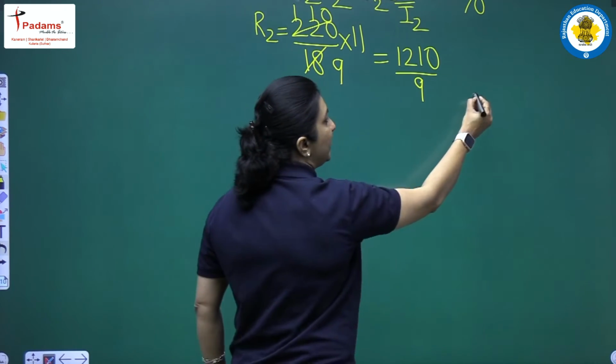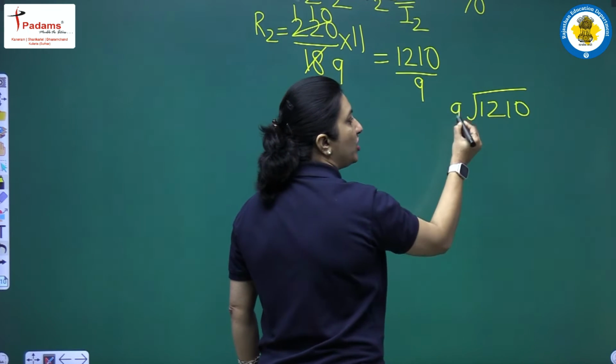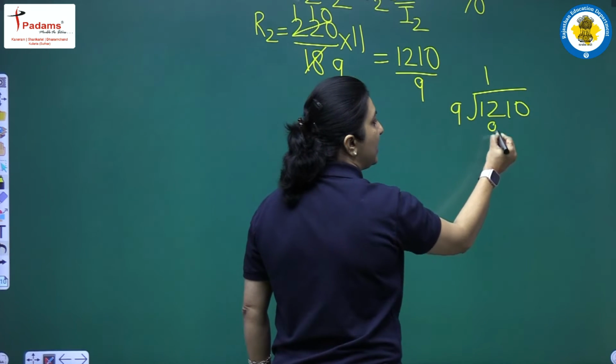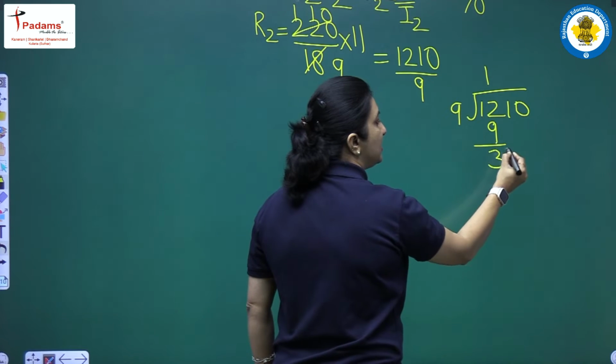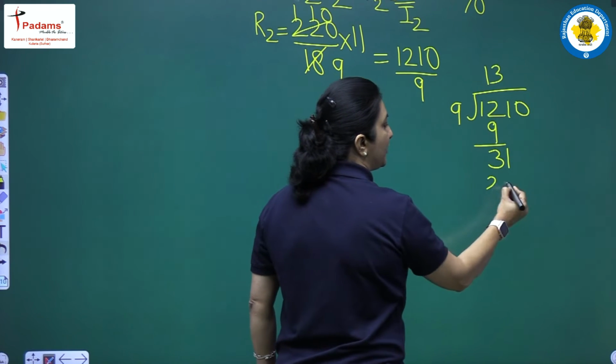So when I divide 1210 by 9, what I get is 9 ones are 9, 31. Then what will come, students? 9 3s are 27,